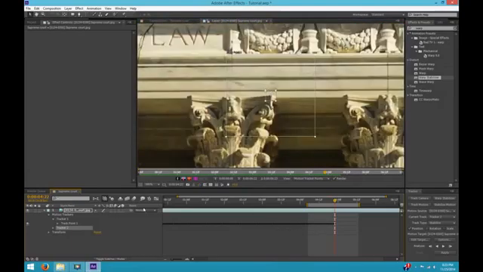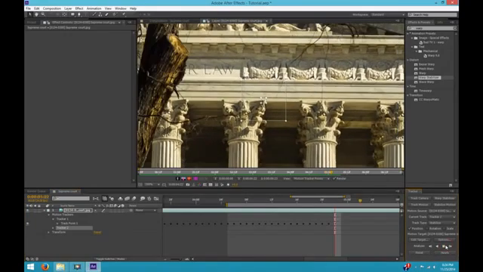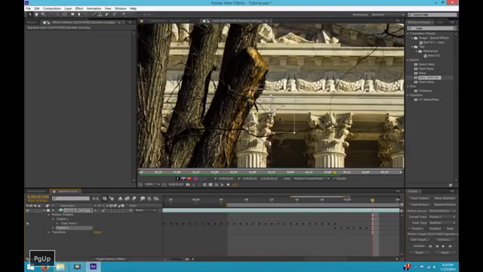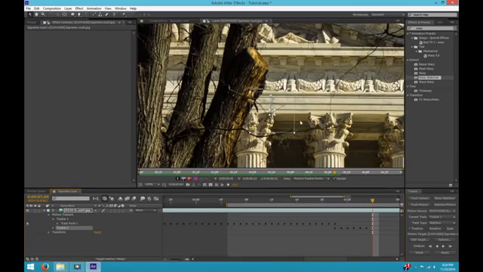But let me zoom in here. So the last keyframe of tracker 1 is going to correspond to the first keyframe of tracker 2. They're going to overlap by 1 frame. So let's just step through this. Okay, so that's about as far as I can go before this tracking point is going to go behind the